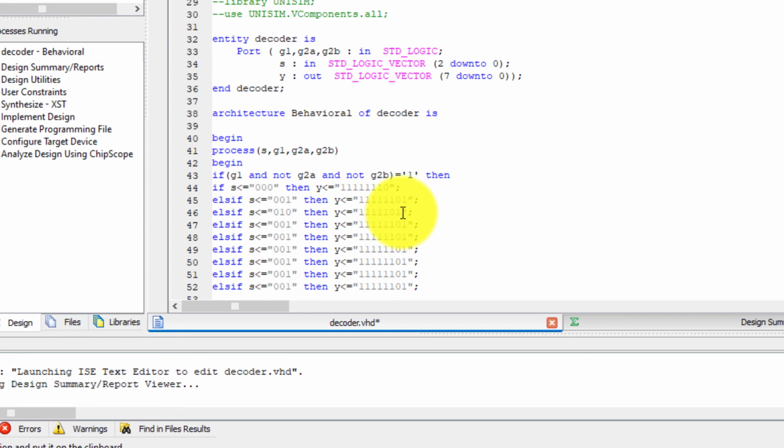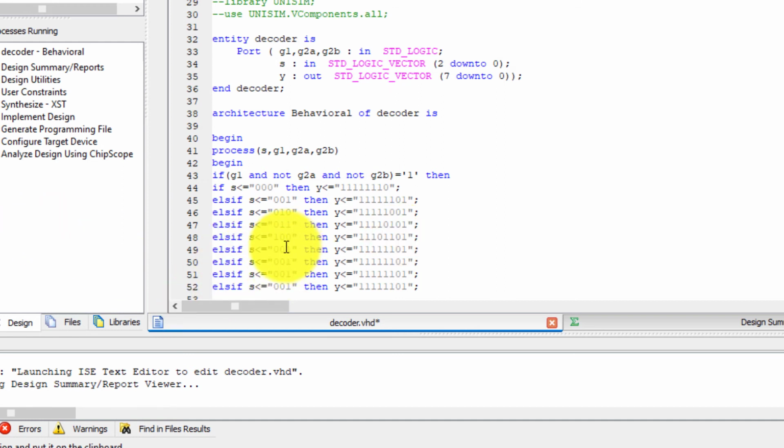0. Okay, next 011. 011 means next, the third place we are getting 0. Okay, it's 100, the fourth place we are getting 0.